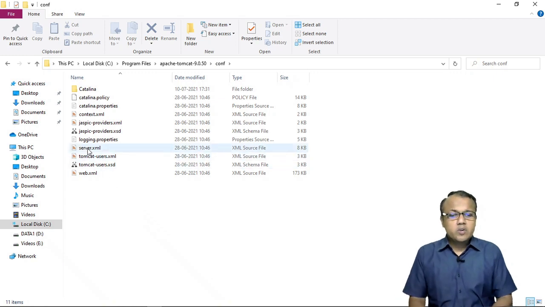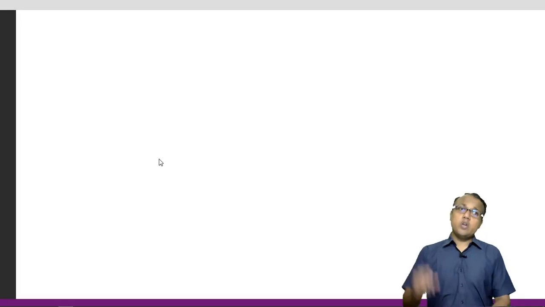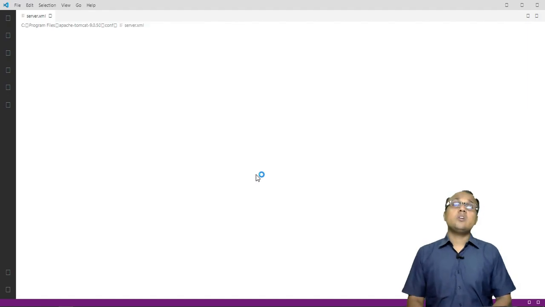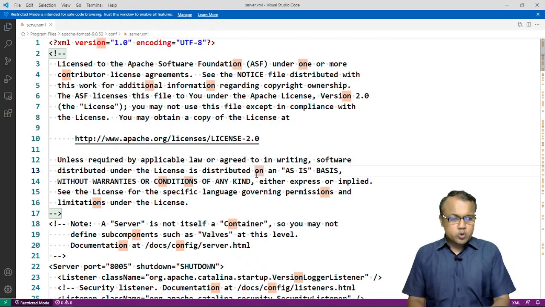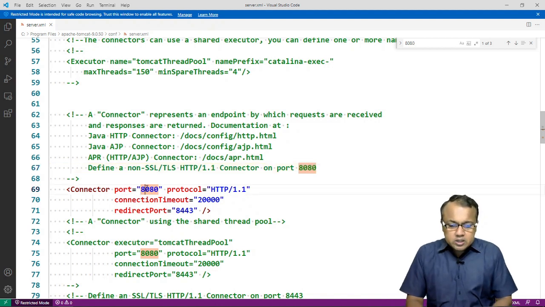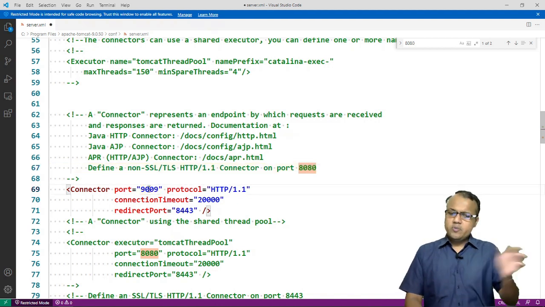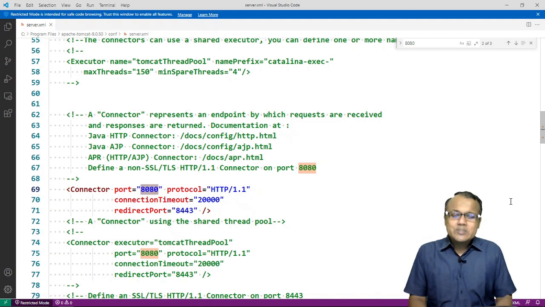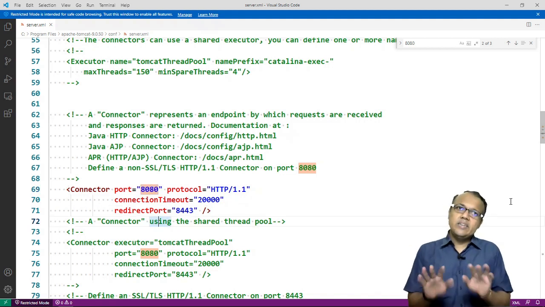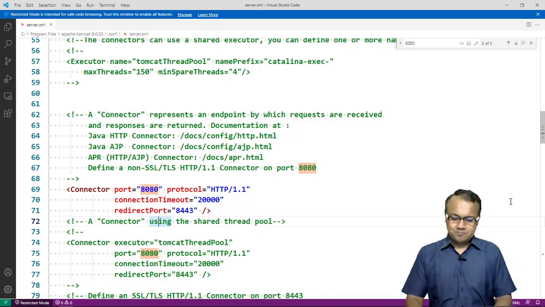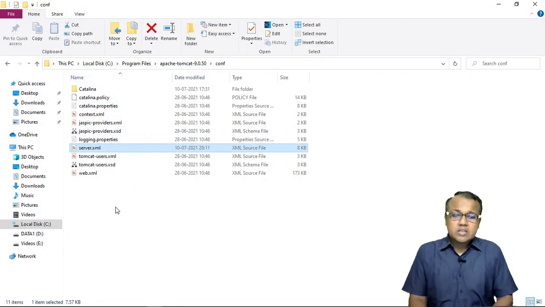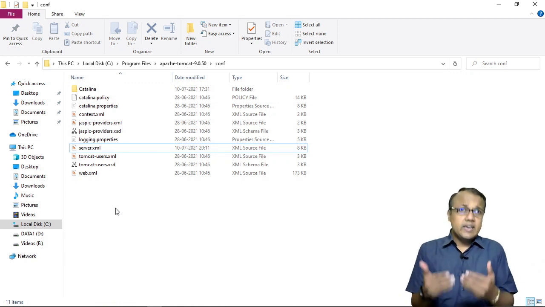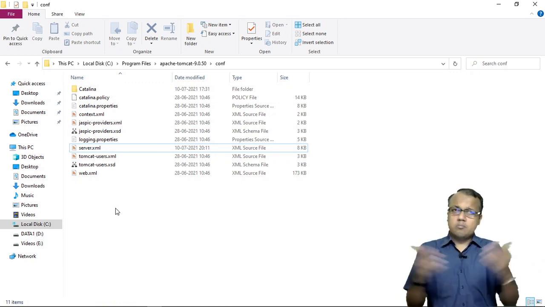This is where the server.xml file will be helpful. You can open this file and find the port number settings. The default port number setting is 8080, which you can replace with any other number like 9090, 7070 or your choice. However, if it is already working well on your system, there is no need to change this. So I'm leaving it 8080. It is working well on my machine. There are other configurations also available, like SSL or connection pooling or many other things.